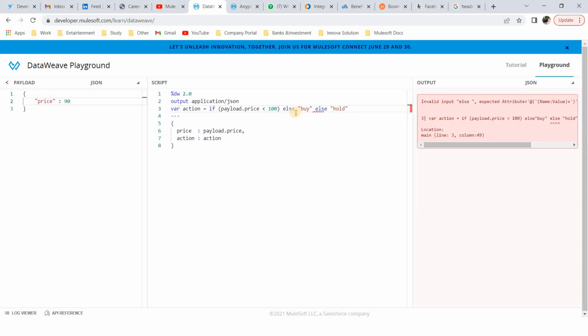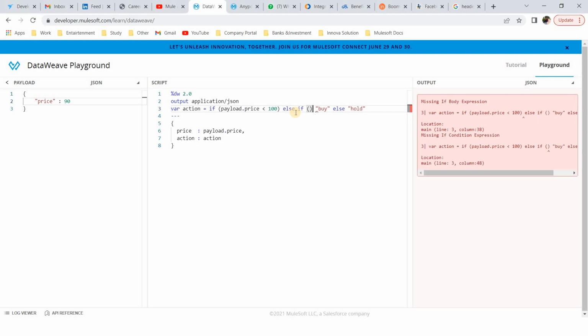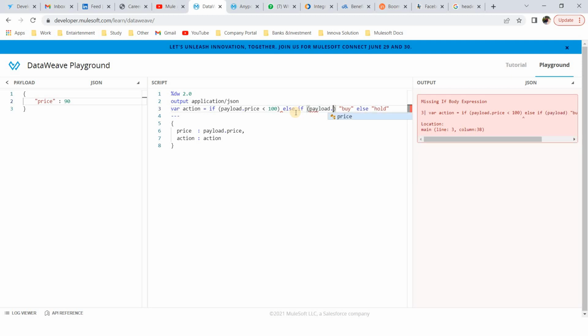So else if, my condition will be, if payload.price greater than 150, then... else if.